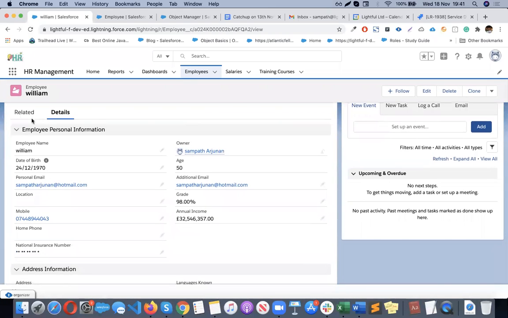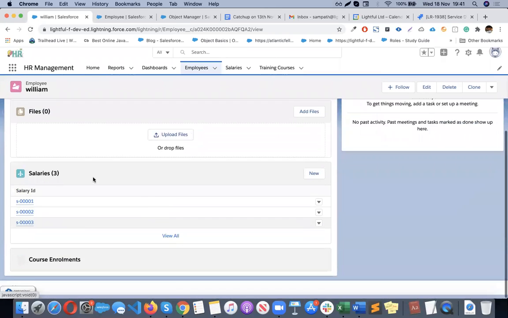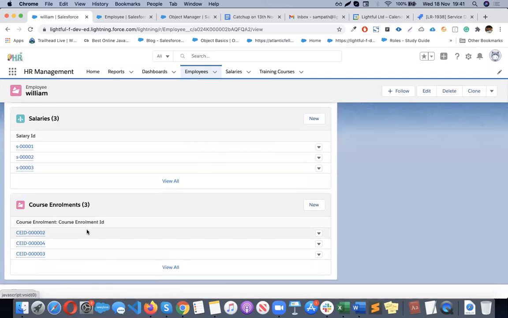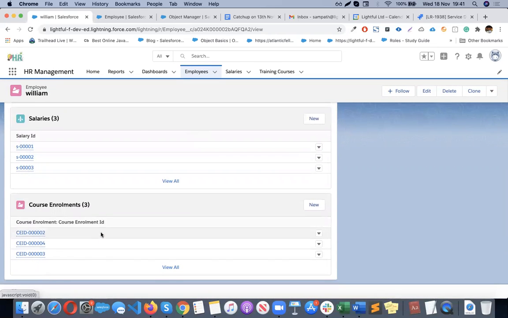Okay. Now you'll see employment history. There is a files section, salary section, enrollment section. Now within this, if we want to add additional fields over here, let's say within the salary, I need to know what is the amount, what is the date, and what is the status of the salary. I need all the columns. Same way on the course enrollment, I need to know which course, right? I want to know which course and